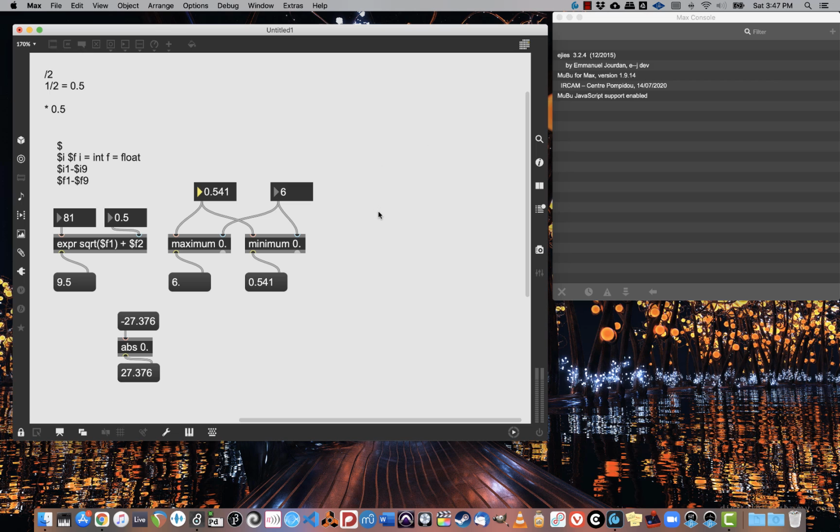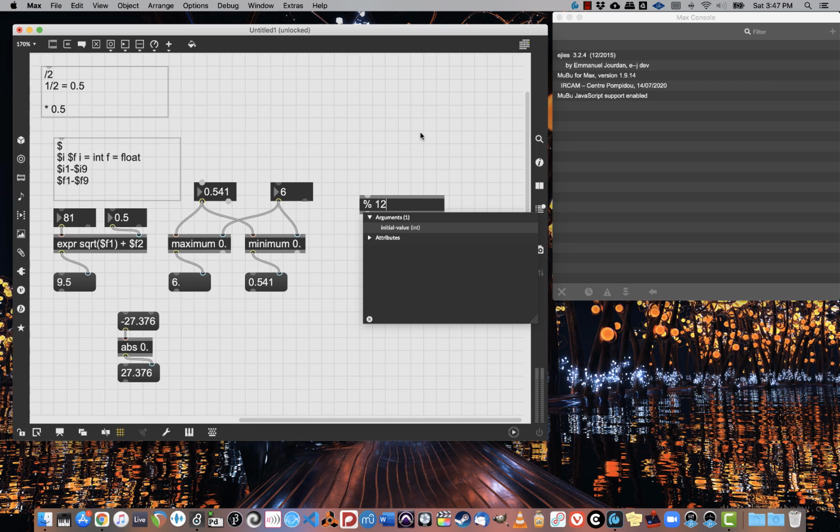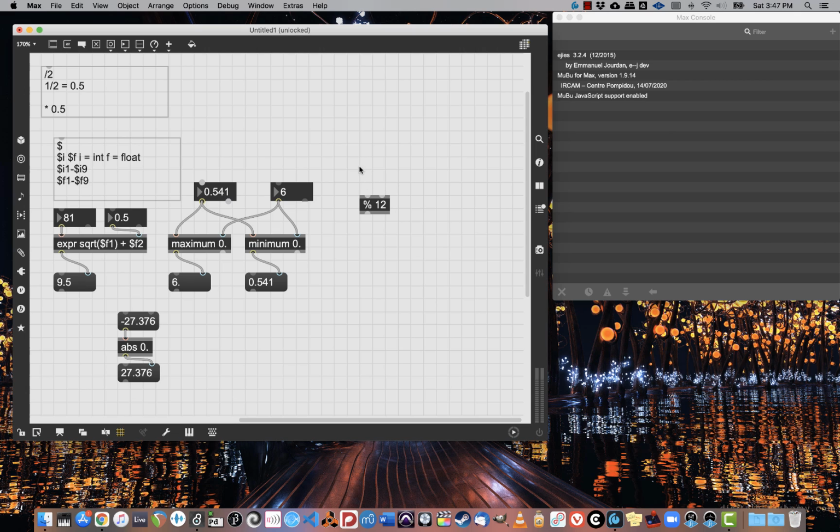Let's look at probably the most misunderstood object for math. And that is the percentage, which is also known as module, or modulo. What this does is it takes an inlet from whatever's on the left, and it divides it by the argument or whatever you set in the right. Then it outputs the remainder of that division. So let's do this with 12, modulo 12. If I put an int there,